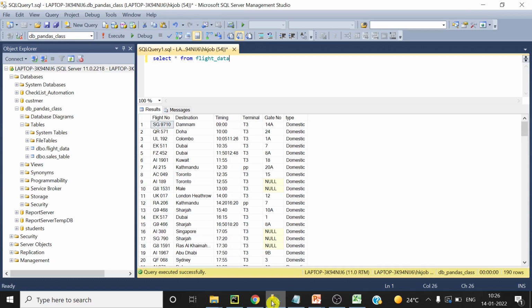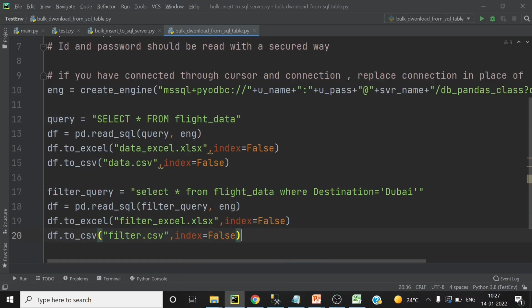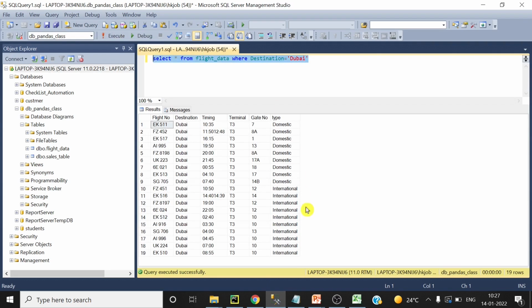Now, next I want to extract the data where the city name is Dubai. So we have to use the same query method. If I run this query from here till here, you will see destination Dubai.